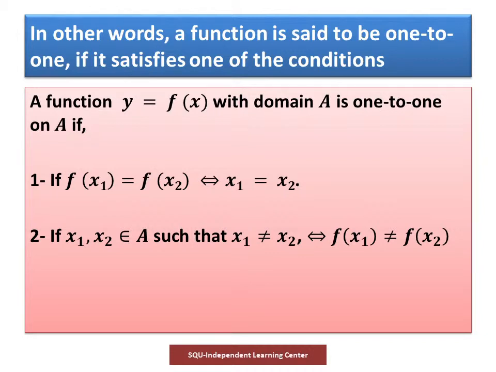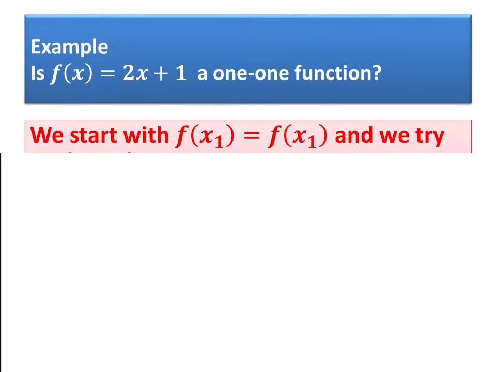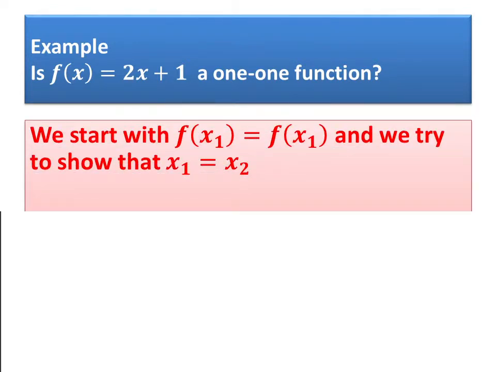The other case for a function to be one-to-one is if we have element x1 which is not equal to the element x2. This is equivalent to saying that f of x1 is not equal to f of x2. So these two conditions in front of us, one of them being satisfied, means that the function is one-to-one. As an illustration, show that f of x equals 2x plus 1 is a one-to-one function. So we start with f of x1 equal to f of x2, and we try to show that x1 is